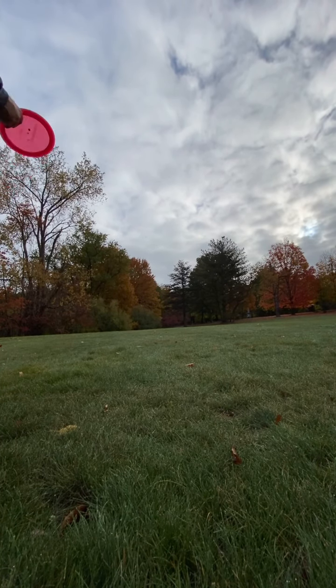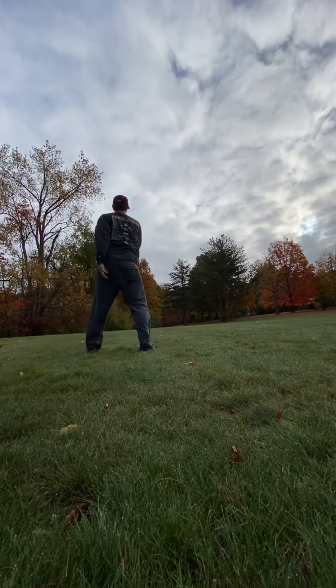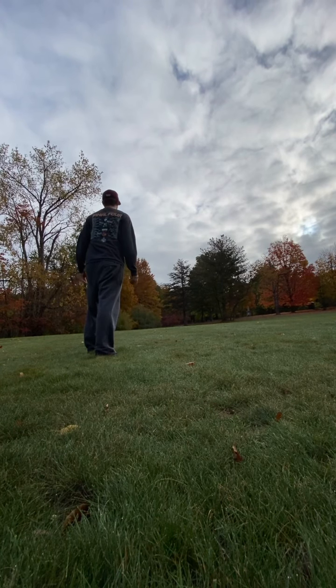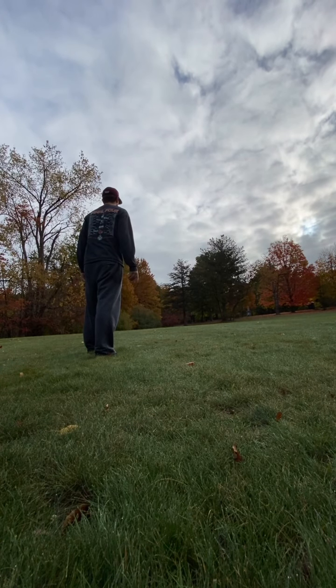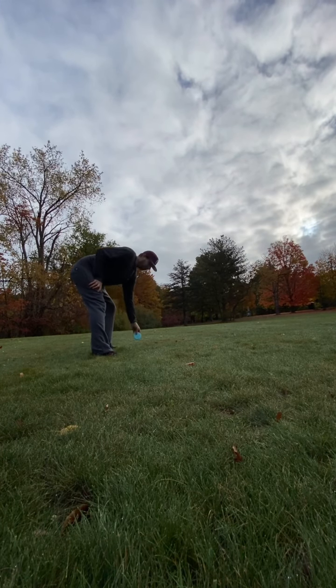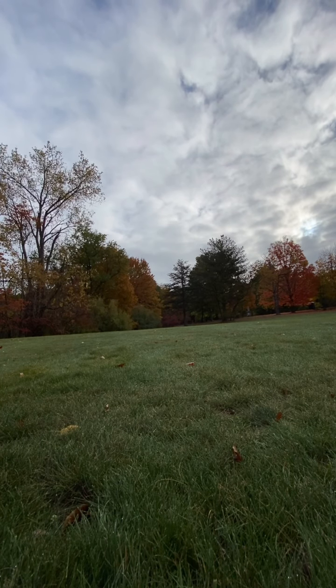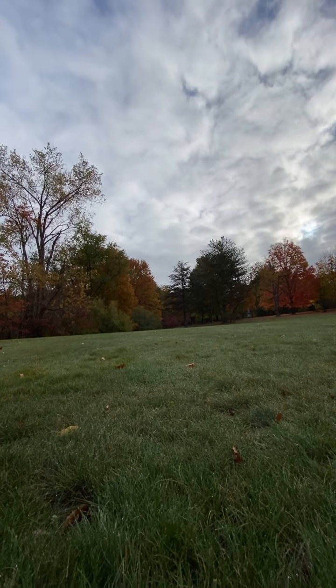Ooh, left to right, headwind. I don't think I could have asked for anything better than that right there. It felt good and it looked good. It may be a little bit short, but